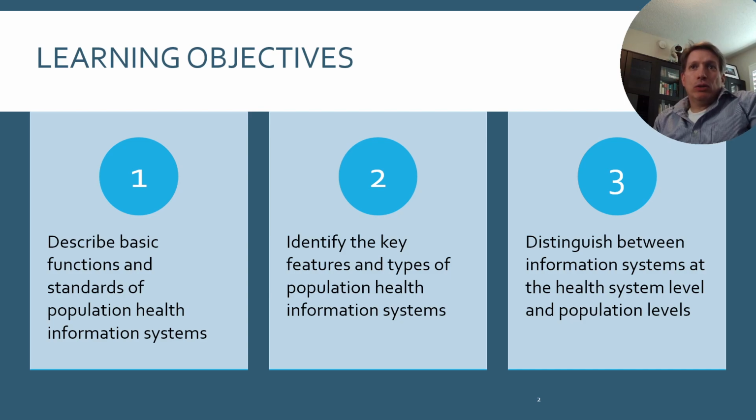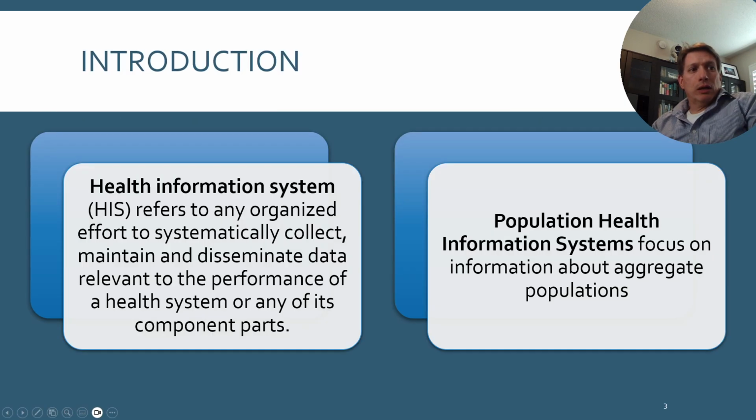Identify the key features and types of population health information systems, and distinguish between information systems at the health system level and the population level. With that in mind, let's start with a brief introduction. Basically, the big difference between a health information system and a population health information system is that